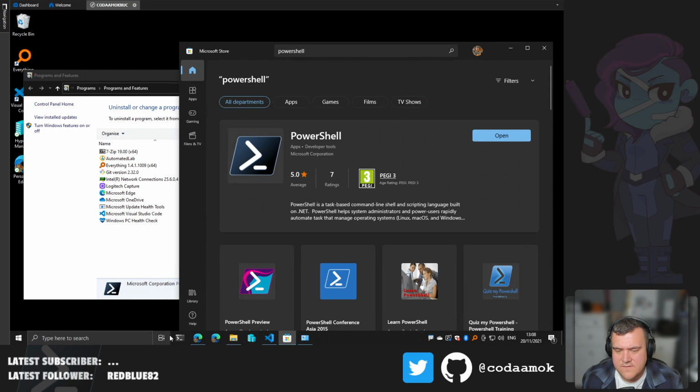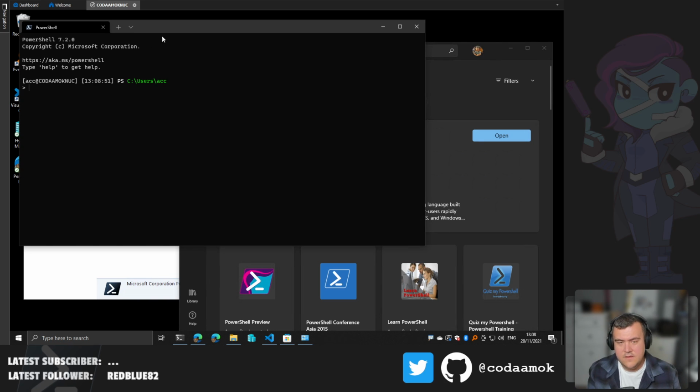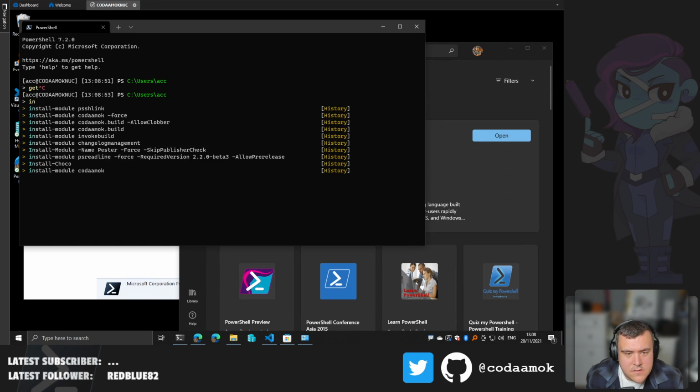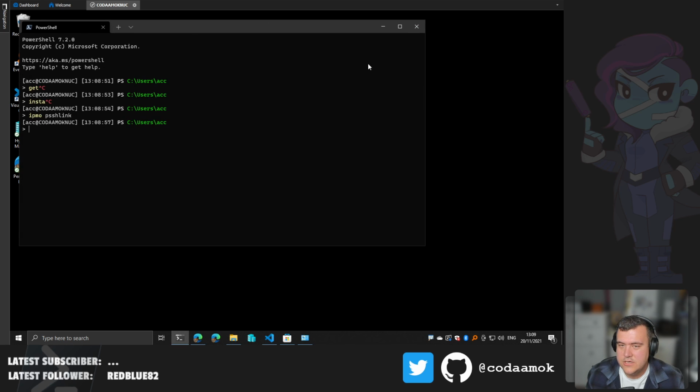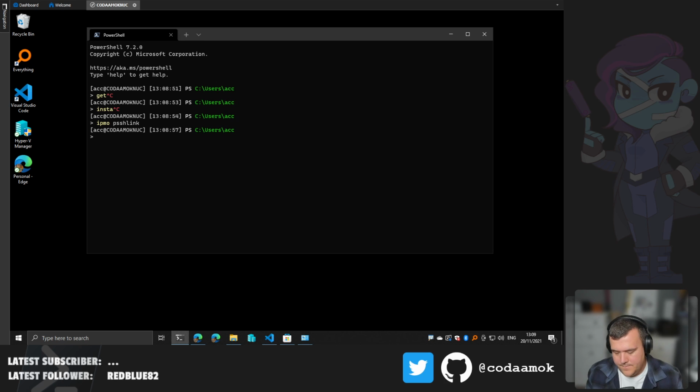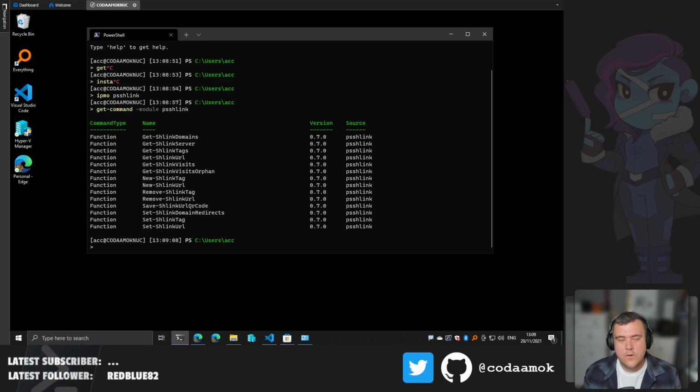Okay, cool. So that's installed. Did I install PSShlink? Yeah, I did. Okay, cool. So something I really like about what I did with PSShlink, so let's look at all the commands, is that you only need to pass a command of the module the API key once, and then it is remembered and held in memory